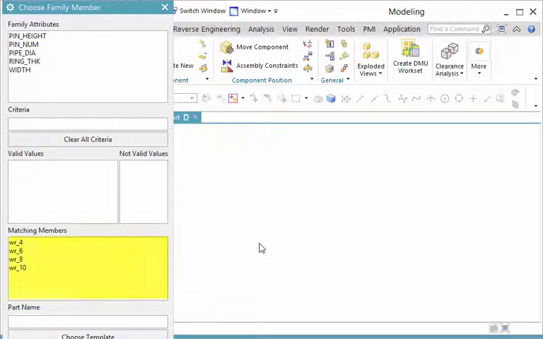Near the bottom of the dialog is a list of matching members that match the criteria. I haven't set any criteria, so all the members display here. If you know which member you need, you can simply select it and click OK. If there are a lot of members or you don't know the one you need based on its name, select